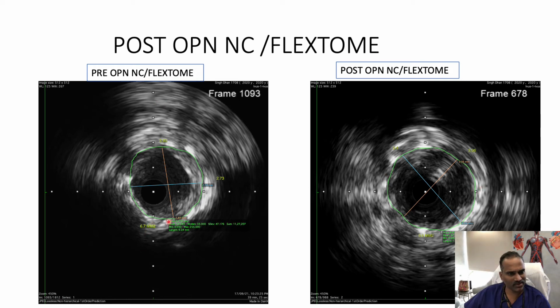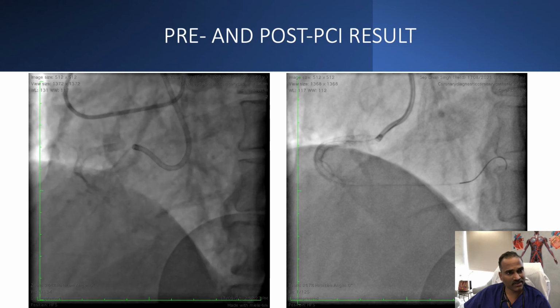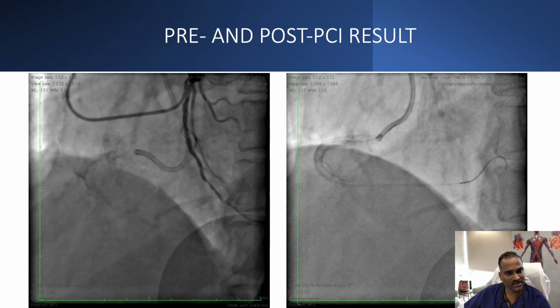You can see here before it was 6.7 mm square, that's the minimum stent area. After OPN NC and FLEXTOME, it is almost 8.8 mm square. So that's the luminal gain which we have got, and later on we stented with 2 stents,